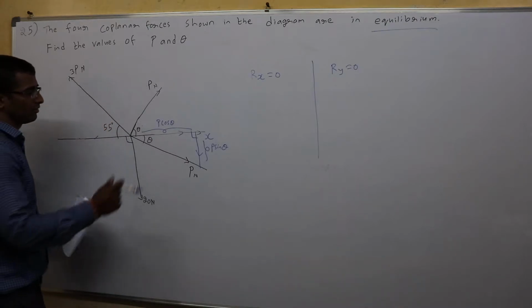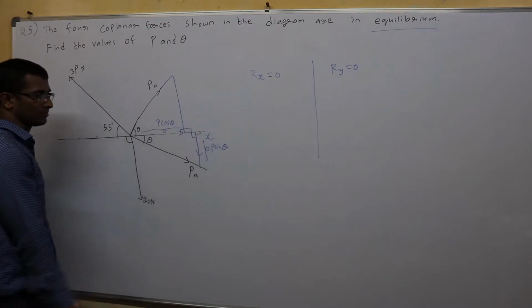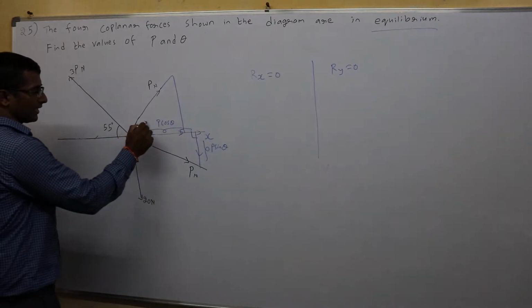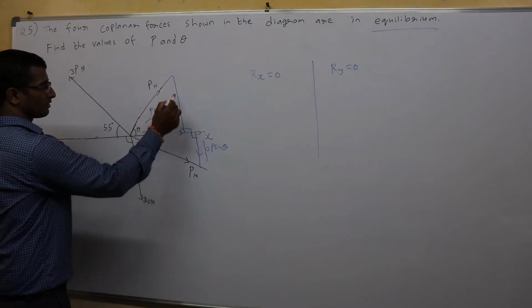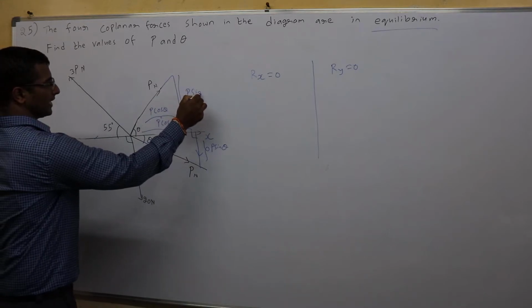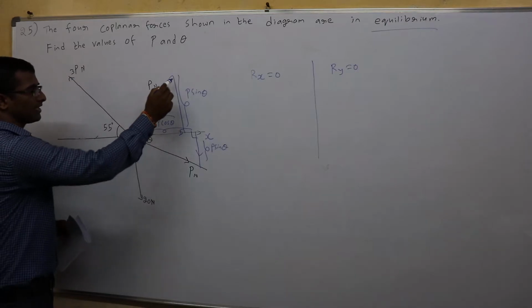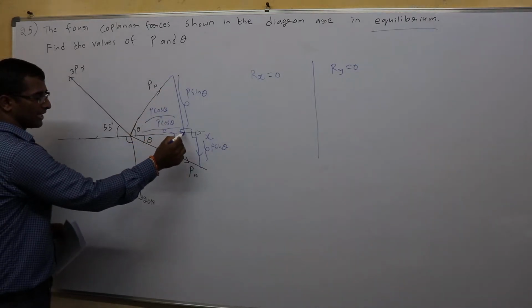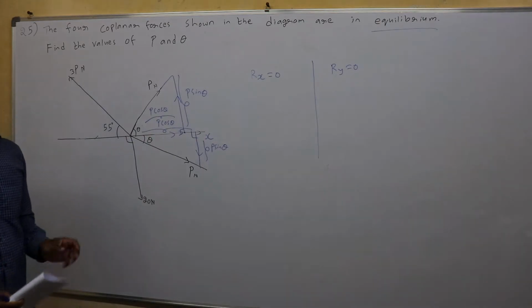Next, this P is also acting at an angle theta, so I should resolve this P as well. For that, again, form a right angle triangle. This is also adjacent to theta, so it becomes P cos theta. This is opposite to theta, so it is P sin theta. And more, instead of walking in this way, first I will walk in this direction till here, then I move vertically up. Clear?